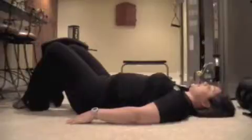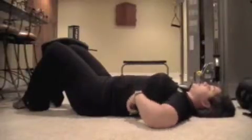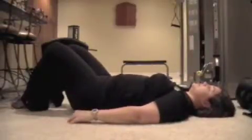And then when you take a deep breath in, I want you to think about expanding your ribs all the way around. So they're going to go into the floor as well as kind of up. So you're filling up your whole space, and you're not just thinking on the front, but think about your ribs on the back. So totally filling up your lungs. You're going to take a deep breath in,